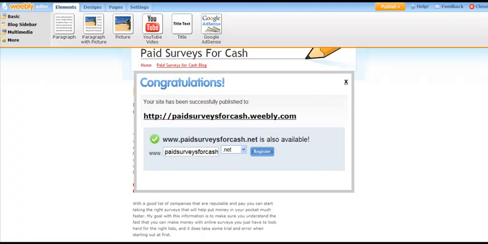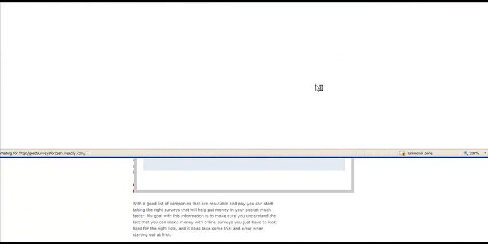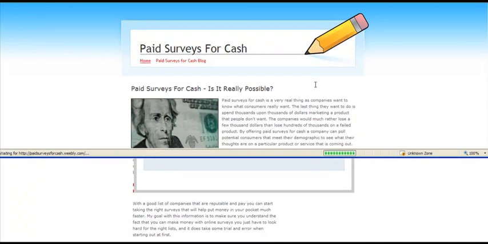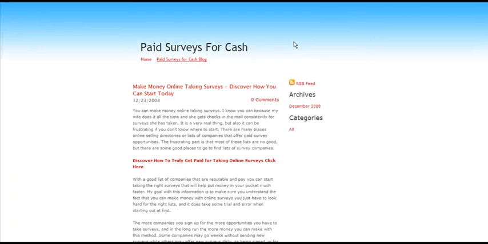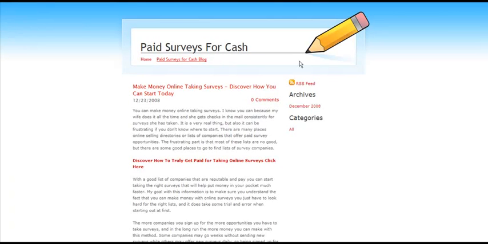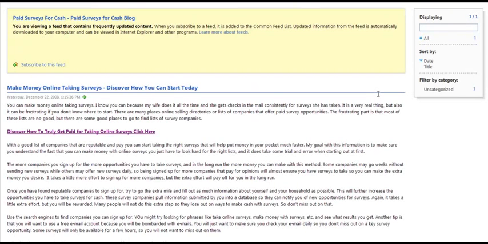So the next thing you do, I'm going to go ahead and pull the site back up. Now that you've tested it, now that you've built your blog and made your first blog post, you would go right over here and pull up your RSS feed. So you just click here on RSS feed. Just highlight that, and then highlight it in your browser, copy it, and you're going to go over to a website called